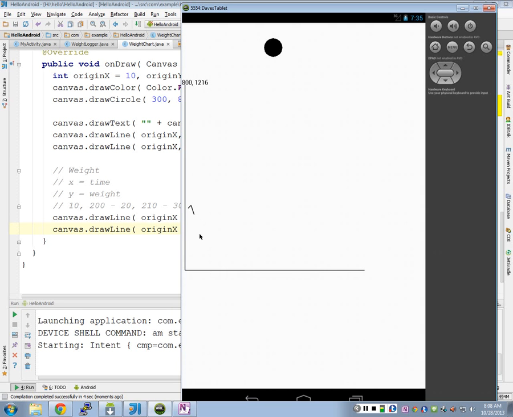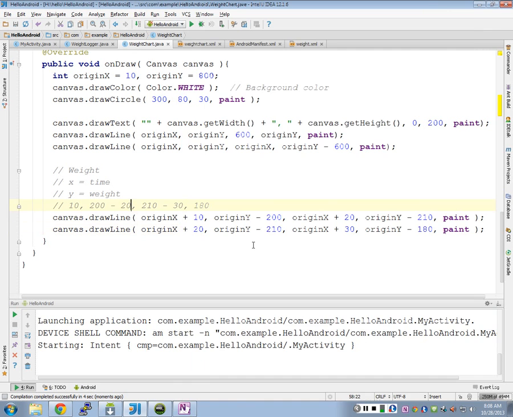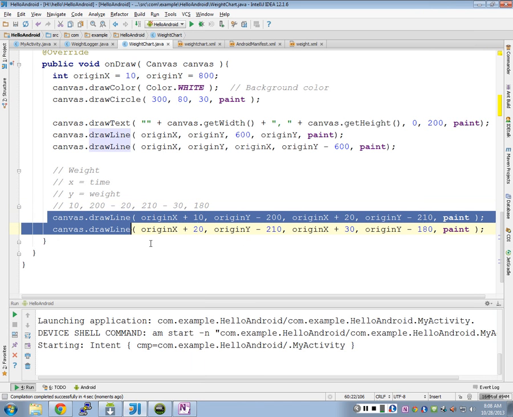So that shows you how, if you had a bunch of points, this could loop through and draw each point one at a time, right? Everybody see that? You're just going to draw from one point to the next, and then from the last point to the next point. So you could put that into a loop and draw all of the values here. Yes? I'm not quite sure I'm getting the